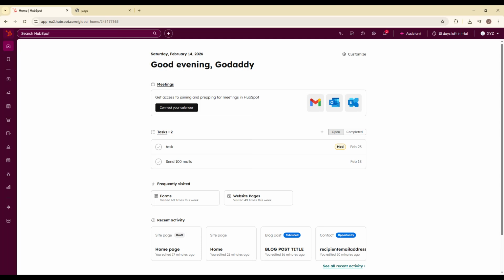In today's video, I'm going to show you exactly how to create and manage blog tags in HubSpot step by step. If you're running a content strategy inside HubSpot, organizing your blog posts properly with tags is essential for SEO, user experience, and content structure. By the end of this video, you'll know how to create new tags, assign them to posts, and manage existing